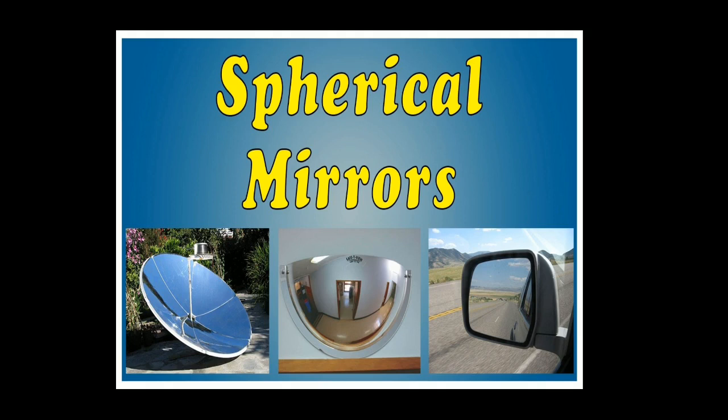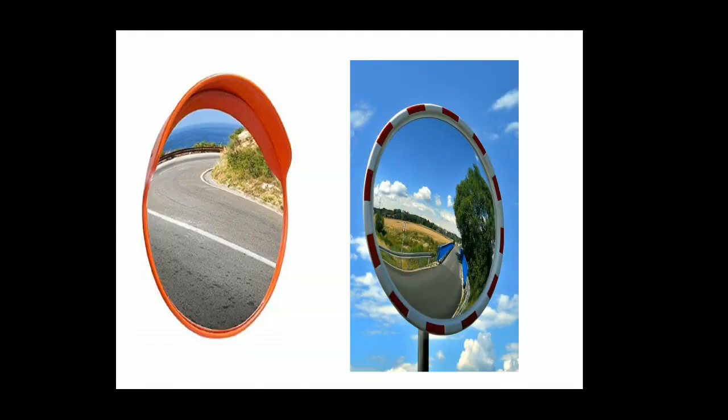There are three images. This is like a dish. Somewhere else we have seen this, now in the door and all, in some houses it is kept. And this is the mirror we use in the vehicle. Have you seen this one near our school? Yes, near the subway when we turn. Can you recall this type of mirror?